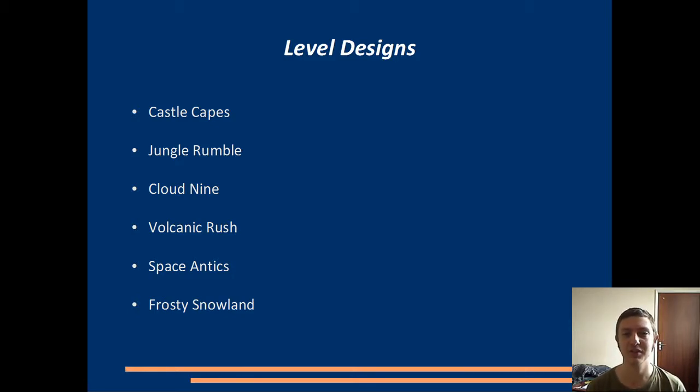But yeah, going back to level designs anyway, I'm planning to have 6 stages at the moment. I think 6 is a good number. It's not too many, but there's just enough variety to make it a bit different every time. So we're going to have Castle Capes, which is castle-based, as we'll see, Jungle Rumble, which is jungle-based, Cloud9, which is kind of in the sky, Volcanic Rush, which is in a magma-infused area, Space Antics, which will be up in space, but with buildings,